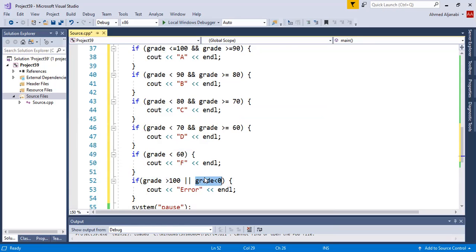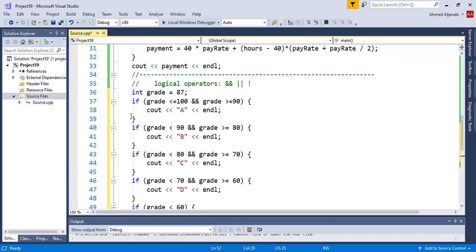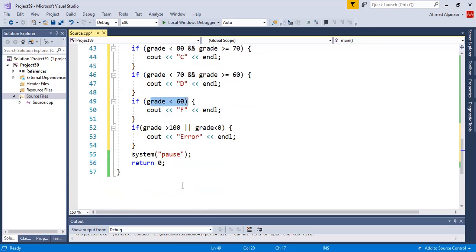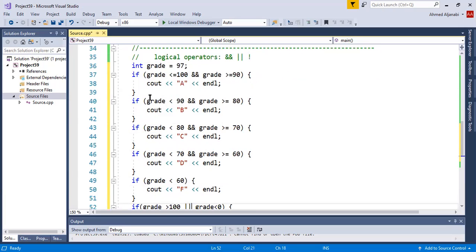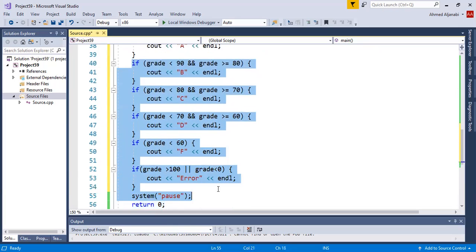Okay, so what's the problem with this technique? The problem with this technique basically means, let's imagine the grade was 90, 97, for example. Well, if I'm using this technique, what's going to happen? The compiler will check and see it's actually an A. So it's going to print A on the screen. But after that, it's going to check for a B. It's going to check for a C. It's going to check for a D. It's going to check for an F. And it's going to also check for a grade that is unacceptable. So you see here, even though I got the first statement here, first if statement to be true, I still have to go through all these if statements